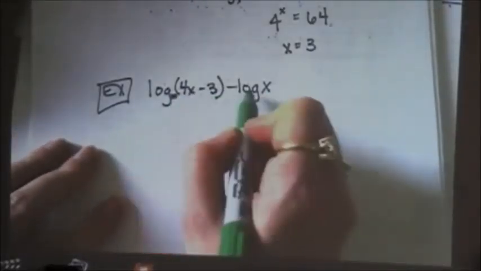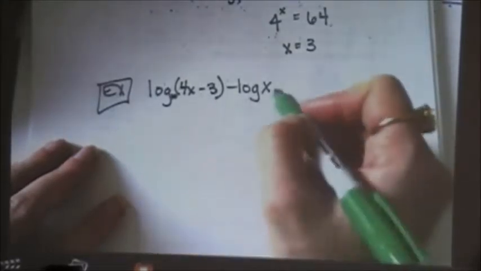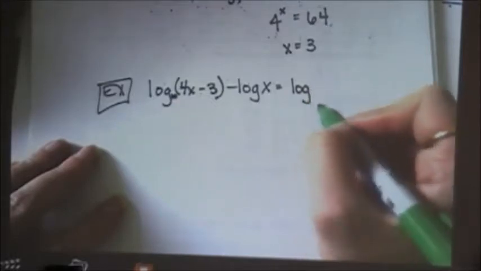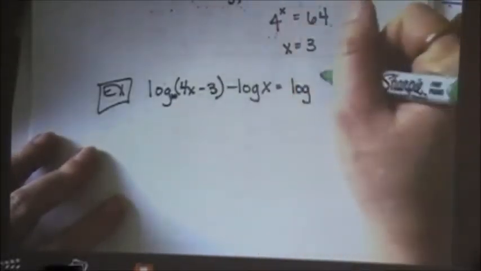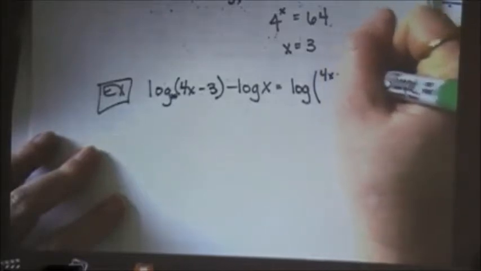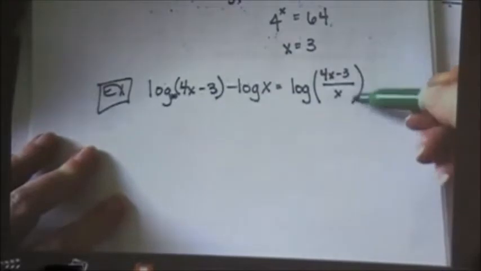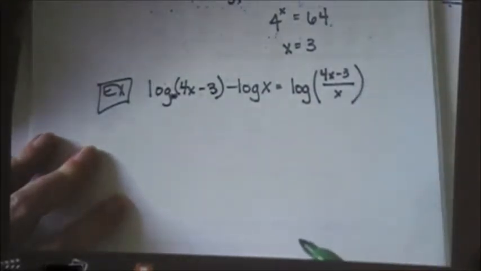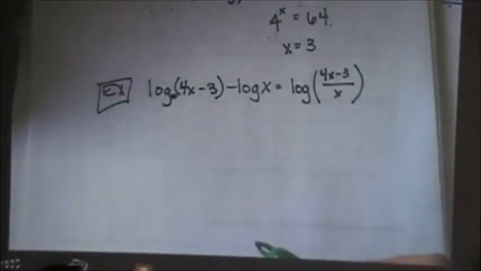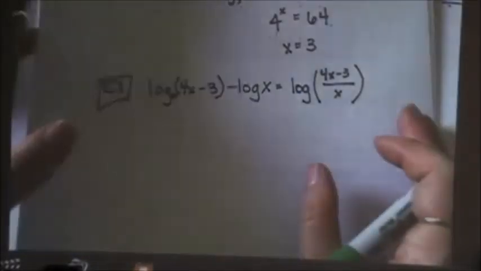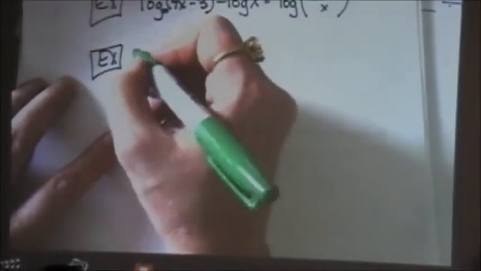Okay, so I've got 2 logarithms separated by subtraction. I can put these together into one logarithm, common log or log base 10, of the first value divided by the second value. Because they were separated by subtraction, you put them together with quotient rule. So that's how you condense things. Some of the ones that are going to show up in the computer are a little bit more complicated, so let's do one more. Just so you are prepared that there will be some harder ones. Let's try